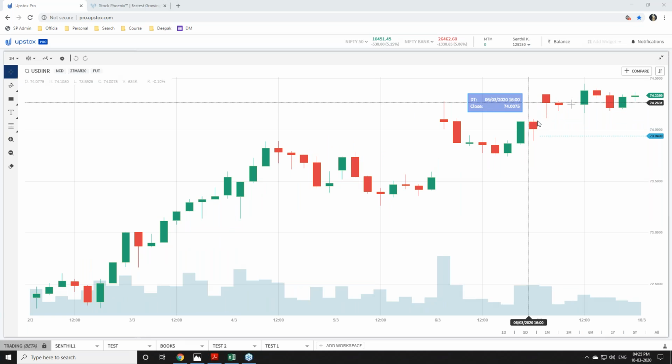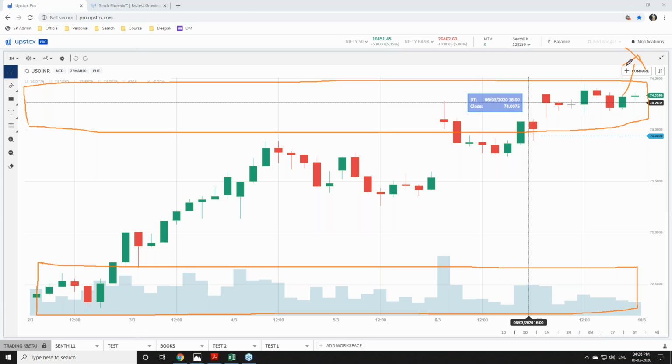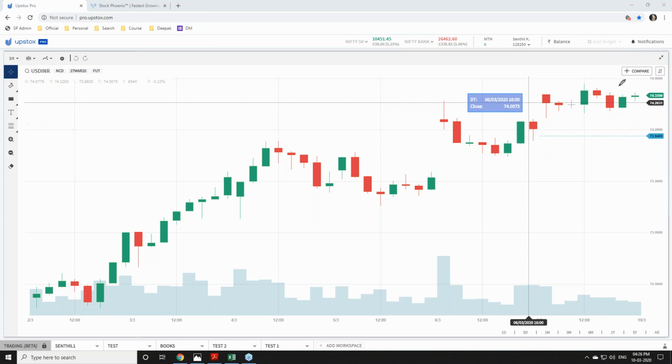Again, in the 1 hour time frame also, I can see it's at the top of the curve. So it is the wrong time to buy and hold currency. It doesn't mean that currency will not go up further. No, it is not. Currency may go up to 80 rupees also, but this is not the right time to make an investment in currency, since you can see the big rally, the big uptrend, is already over. So this is not the right time to invest or do positional trading in currency.